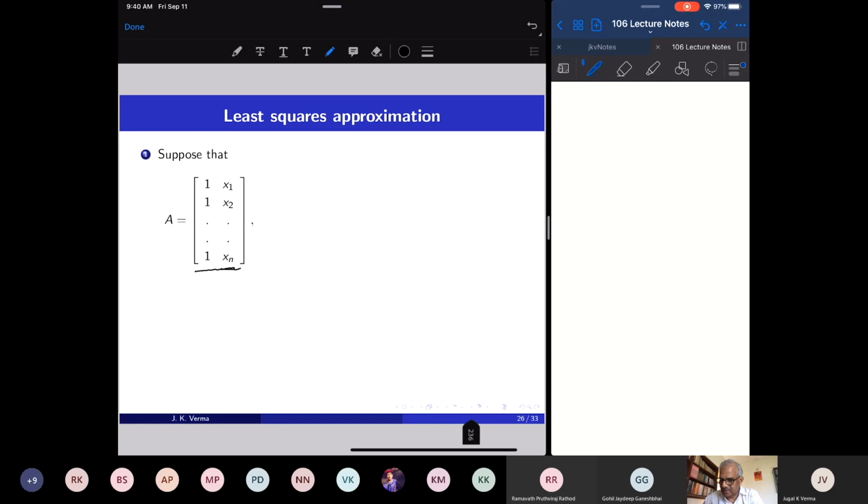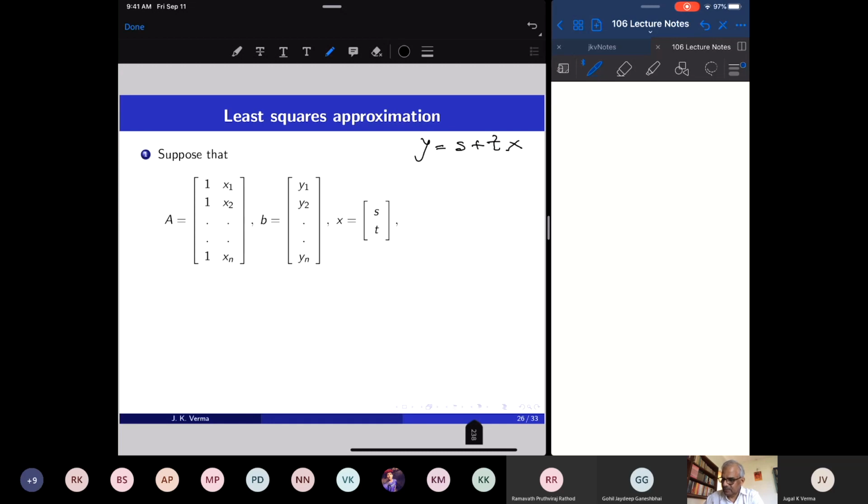The xi's form the second column of this matrix. Then the yi's are the outputs. Let us put them into a column vector, call this vector b. So I have constructed the matrix A where the known xi's go into the second column, and the outputs in the experiment are yi's. They form the column b, and the unknown quantities are s and t. These are the parameters of the equation of the straight line that we want to fit to the data.